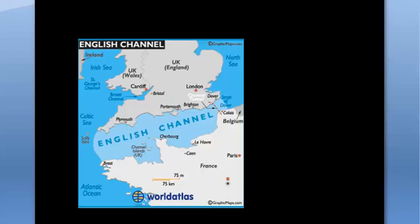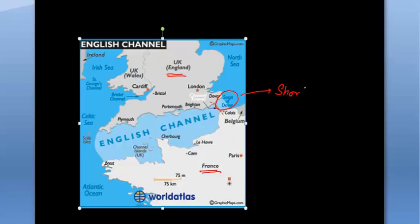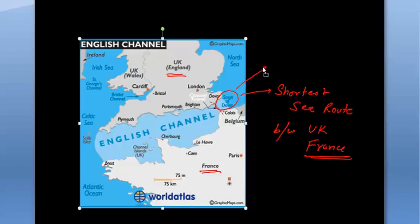This is the famous English Channel, and it separates France from the UK. One should know that there is a strait over here which is called the Strait of Dover. Now this Strait of Dover is the shortest sea route between which two? Obviously, the UK and France, between these two, right? And let me tell you that this Strait of Dover is famous for